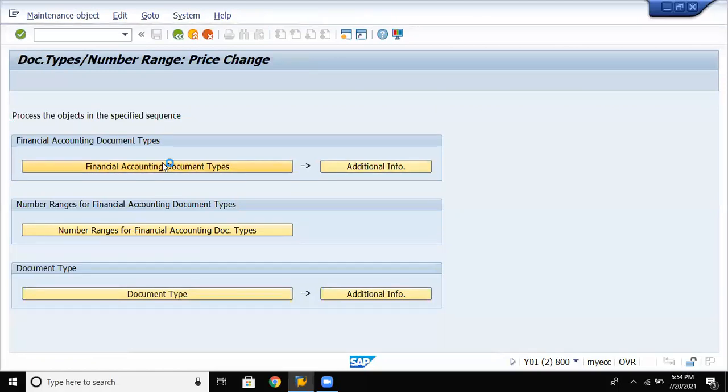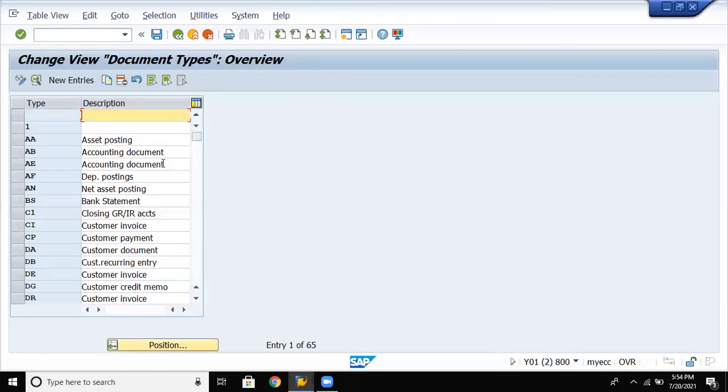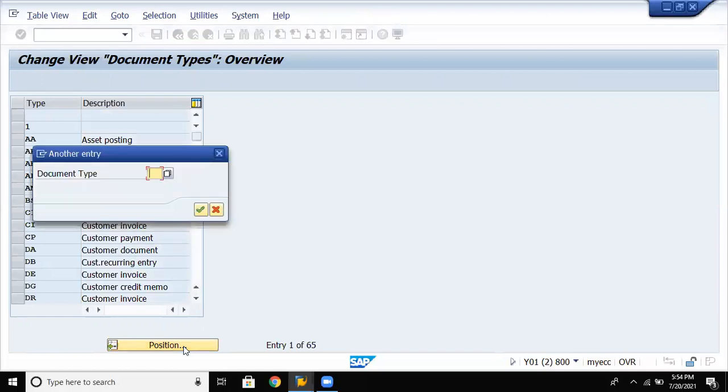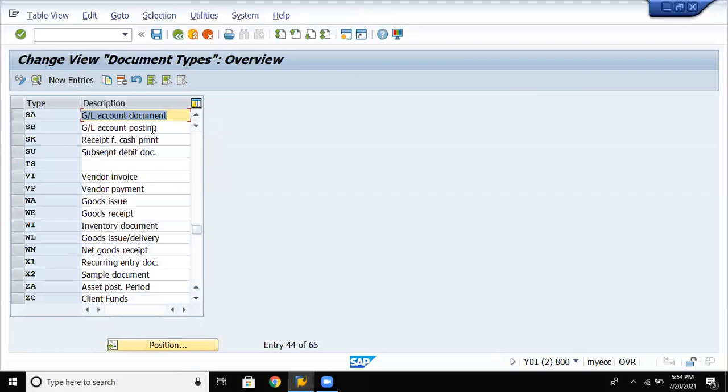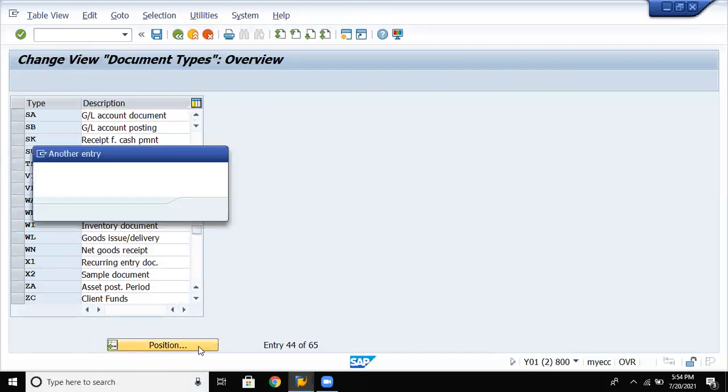Financial accounting document type. Click on position. SA, enter. This is basically your GL account document, but now you want your material document.